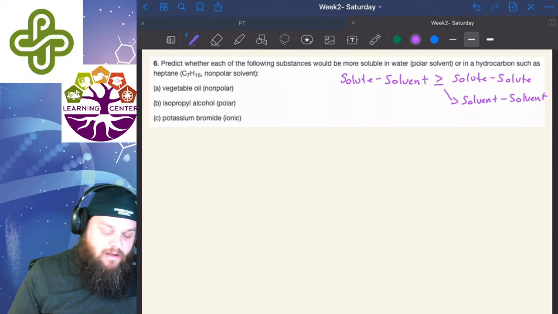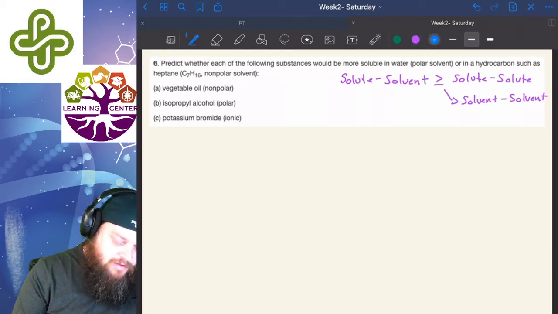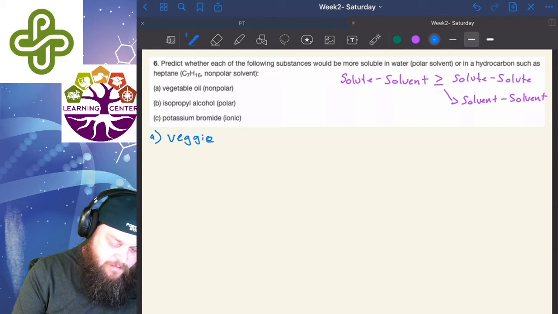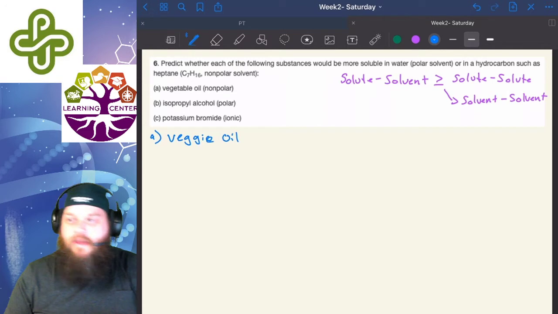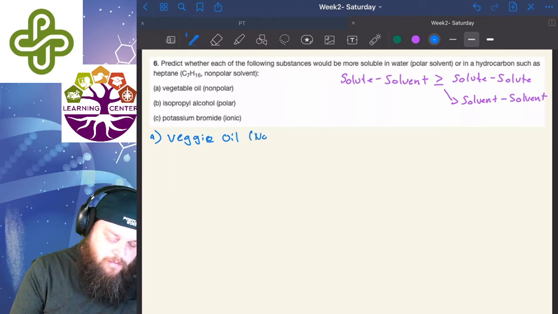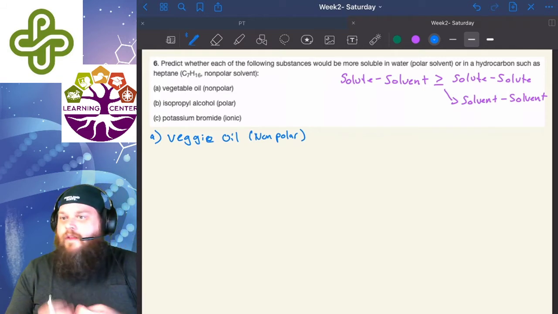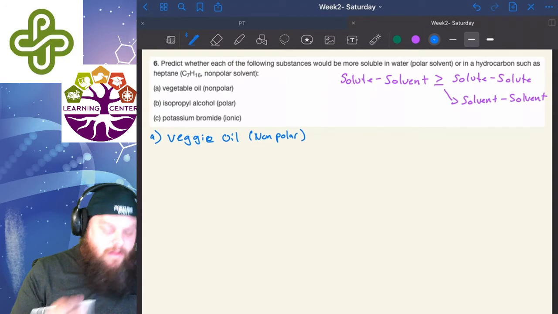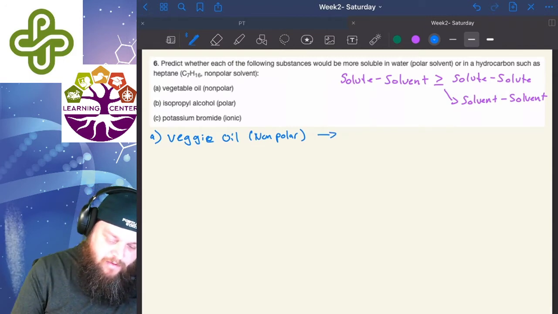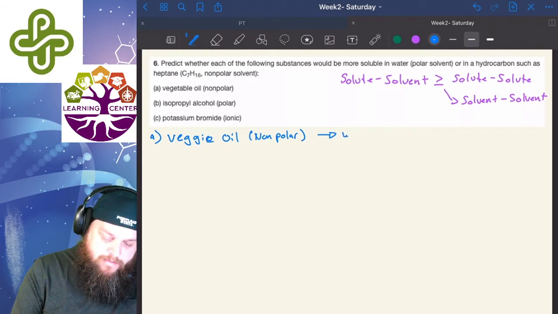So starting out with the vegetable oil, I'm going to call it veggie oil. This is just soybean oil, something that you cook with at home. It is non-polar, which is a lot of the oils are just long strings of hydrocarbons. So in this one, we want to compare it first to water and then to heptane. So for water, which is a polar solvent,